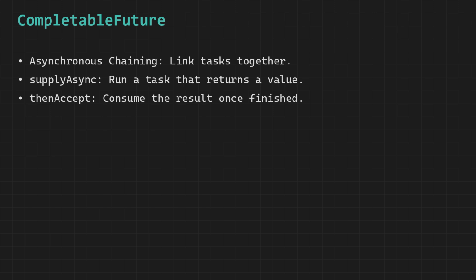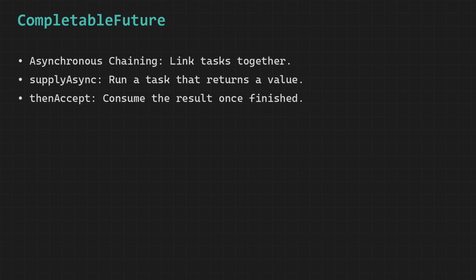Once that initial task completes, the result automatically flows into the next stage, which is thenApply, and this stage acts like a worker on the assembly line who takes the partially completed product and refines or transforms it into something more useful, such as modifying the fetched data, formatting it, or performing additional calculations. And the beauty of this step is that it does not require us to manually retrieve the result from the previous stage, because CompletableFuture takes care of passing it along seamlessly.